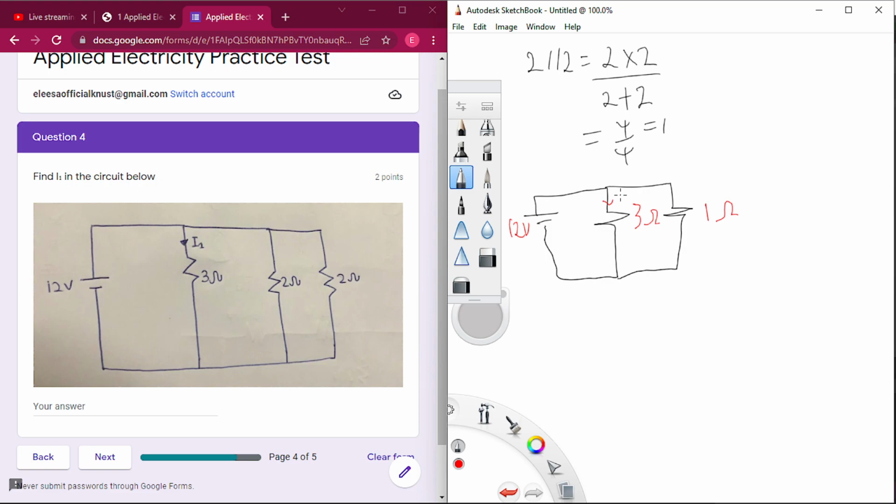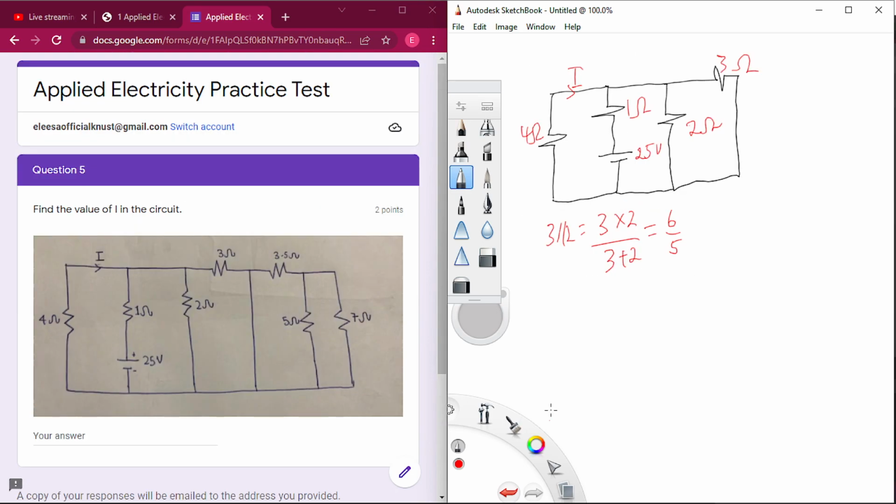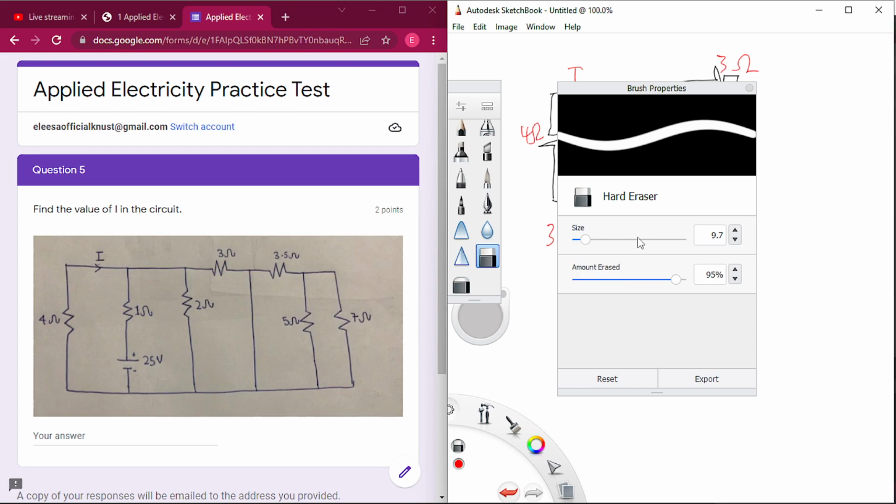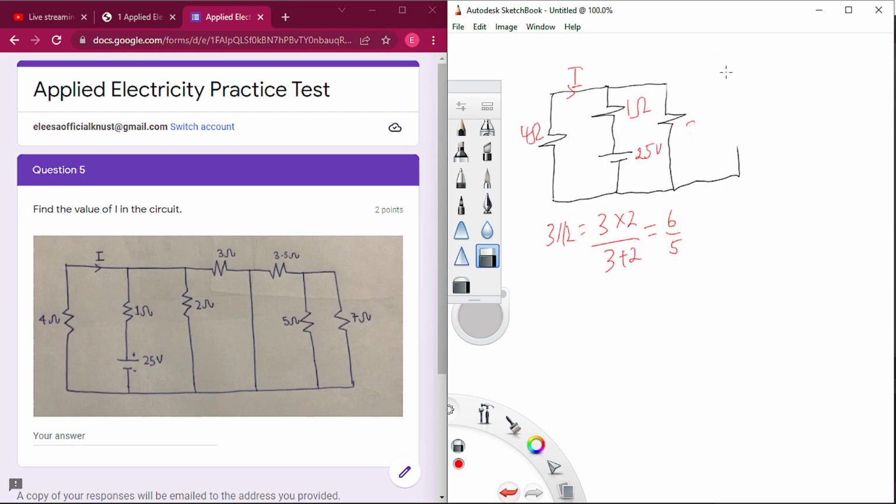We can pick 2 and 3 in parallel first, and then pick 3 and 2 in parallel, in whatever order we wish, right? I will do it this way because we have I here. So 3 parallel 2, 3 by 2 over 3 plus 2. That leaves us with 6 out of 5, 1.2. Write that out, so we simplify the circuit. We can now convert this to a simplified circuit. Now take away this portion, because that is the effective, this value is now 6 out of 5, or 1.2. Now realize